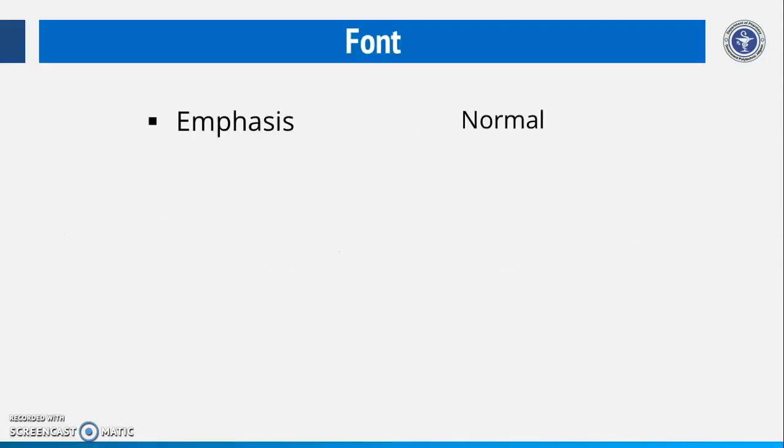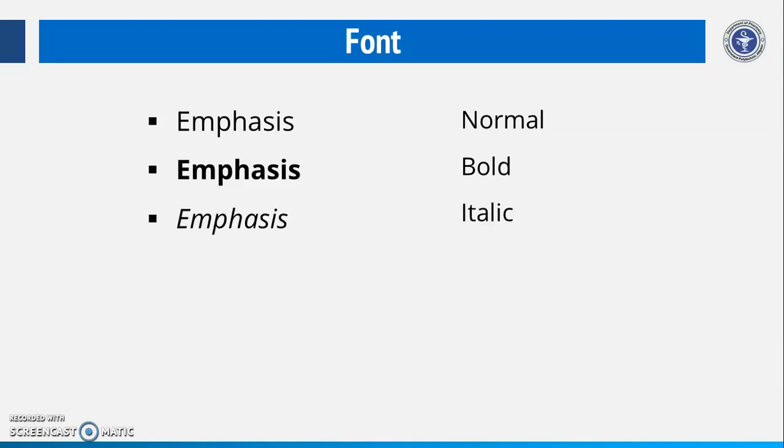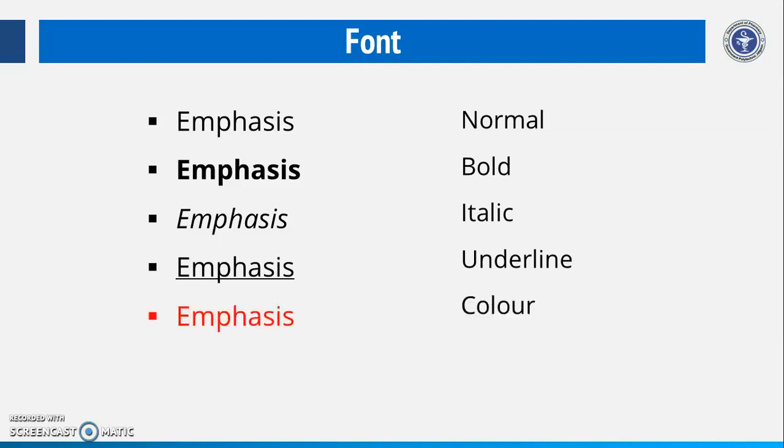You want to emphasize one particular word. How are you going to do that? So here is a list of things. How do you give emphasis? I have tried to show this using the word emphasis itself. So you can make it bold like this. You can have italics. You can have an underline. You can also have a change of color.